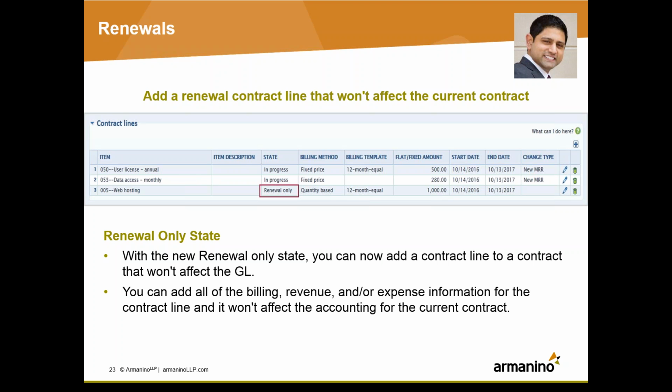So you can report off of your renewal only states. The other thing that's nice about it is it doesn't affect what the original contract did with the GL. So you can add all the billing, all the revenue, any kind of expense information. All that information essentially can be stored and not impact the original contract. So nice to be able to see that as well and have a different state for those.